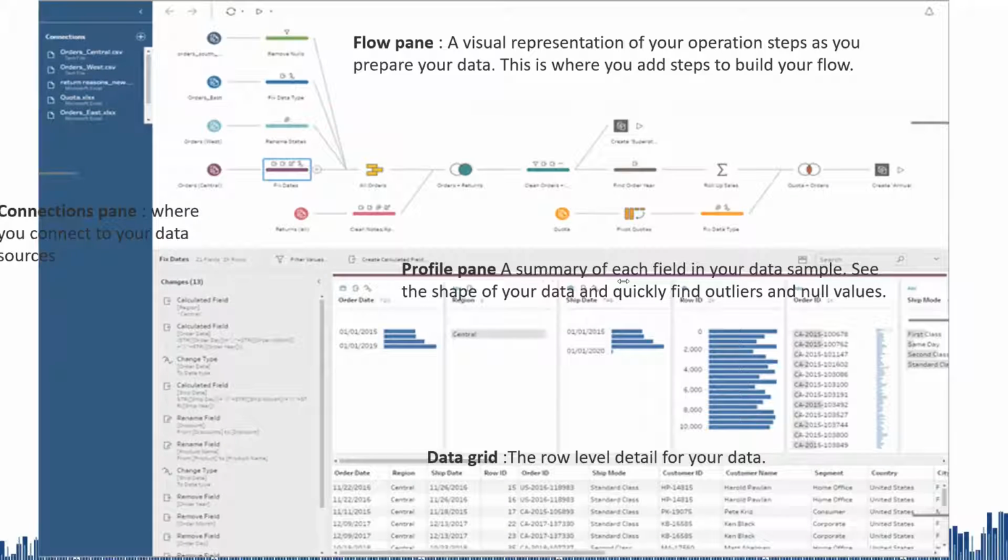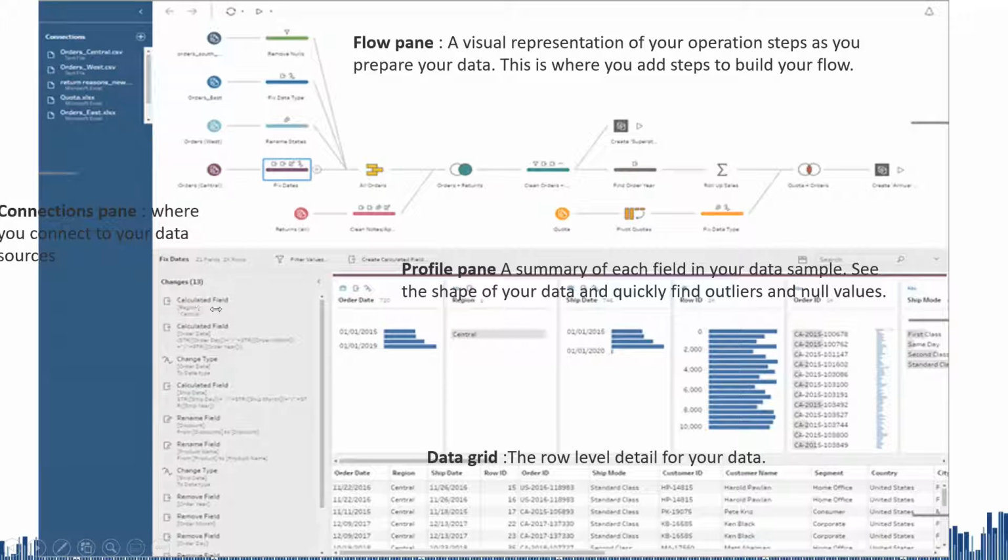And here we have the profile pane. Here it shows the summary of each field and their samples. Here you see order date, where the minimum is 1/1/2015 and the maximum is 1/1/2019. This bar represents what percentage of rows falls under the category as mentioned. And at last we have the data grid, which shows the entire data row wise. So these are the 4 panes. The left one is the connection pane, the top is the flow pane showing the flows and steps involved, and the profile pane gives a quick view of the distribution of data across the multiple fields or measures. The data grid is similar to the option in Tableau to view data, where we can see each field.